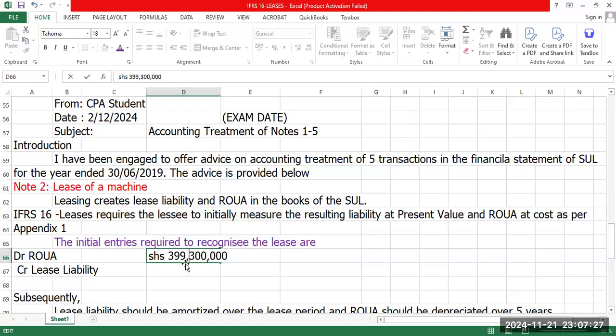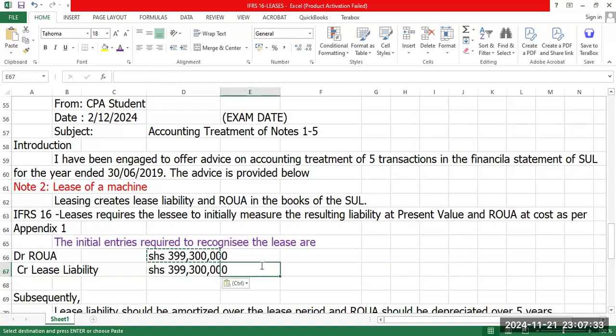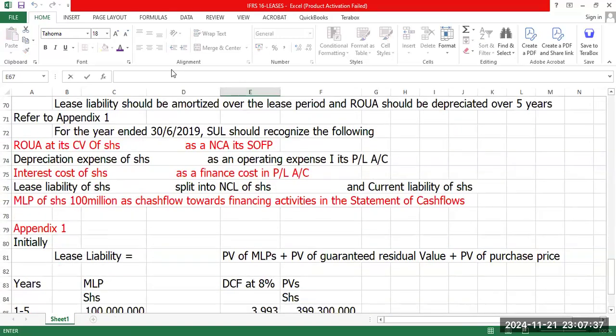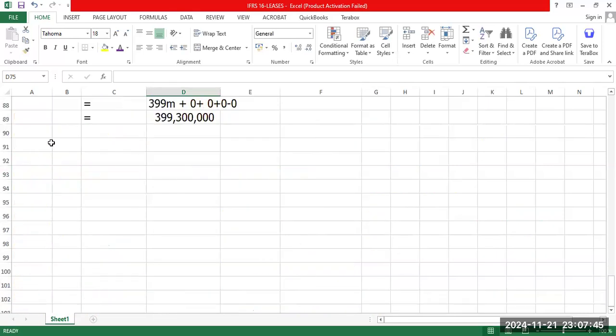Okay, that is my first part. Then the same here. Colleagues, are you picking? Yes. Okay, so that is initial. Then subsequently,